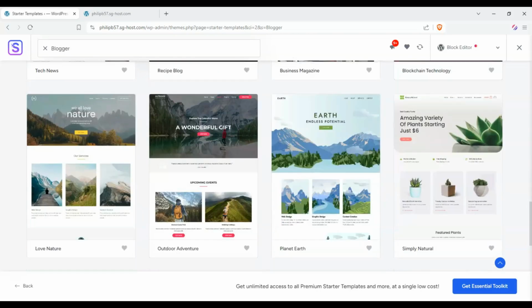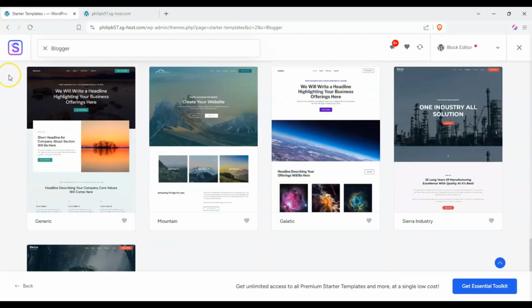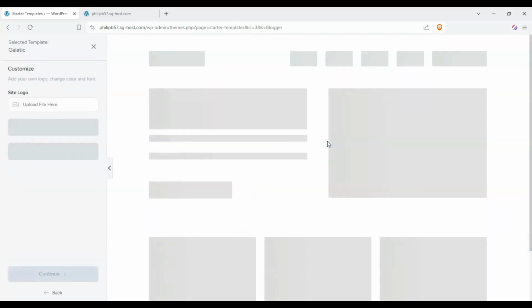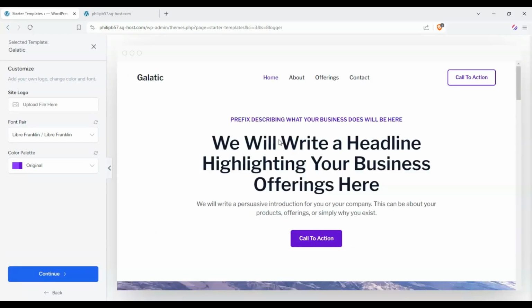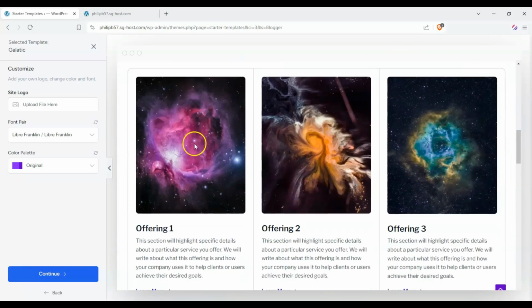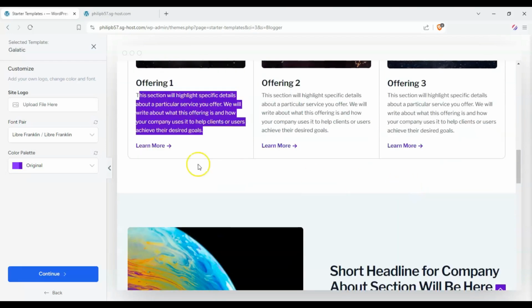And a lot of them are paid for, and some of them actually are shop templates. So let's choose one. How about this? Okay, and now you can see from this page that we have demo content. And you can see there's pictures, there's example text, and if we click on this,